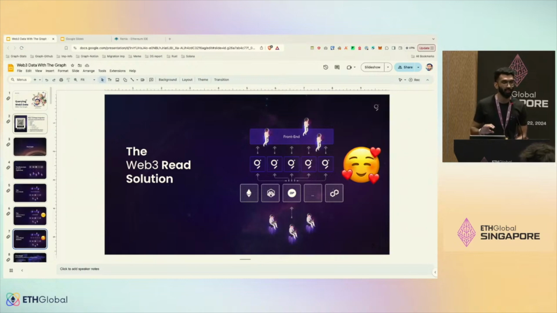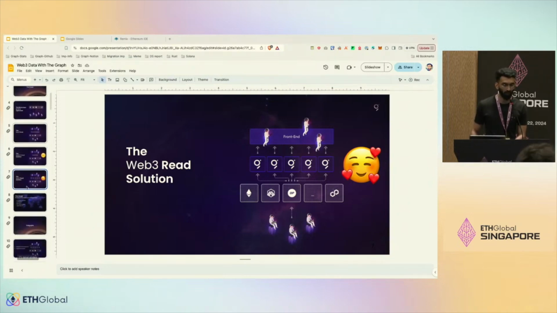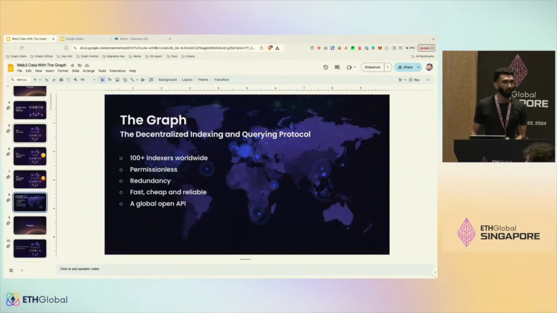The Graph is a middleware between your blockchain and your front end to get the data. Basically, you can consider The Graph as getting the data for you guys, storing it in a middleware layer, of course, in a decentralized manner, and then you can query the data as per what you need and how you need, right? The reason why we wanted to create a network, a protocol, a decentralized network for that,